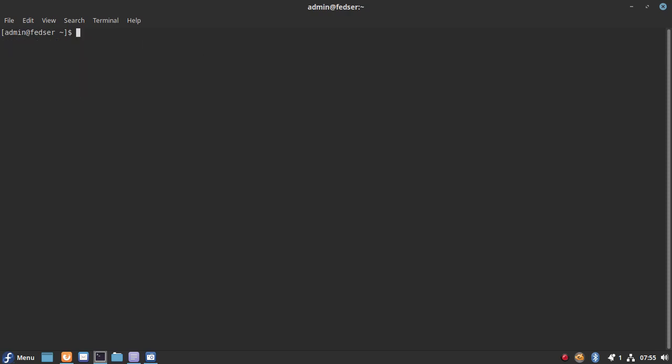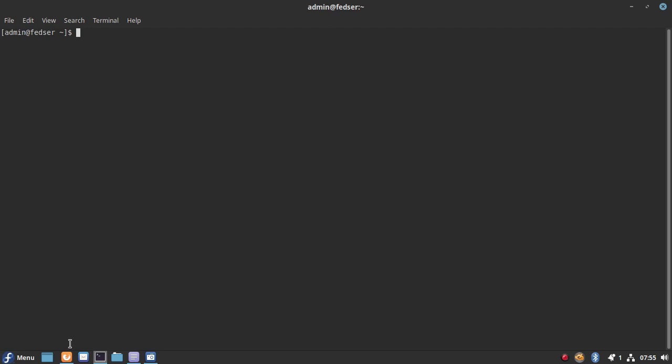So next thing that we want to do is we want to manage a Linux machine using Ansible. So for this purpose, we will be spinning up a GCP instance, that is a Compute Engine instance, and we'll be managing that instance using the Ansible configuration management tool.